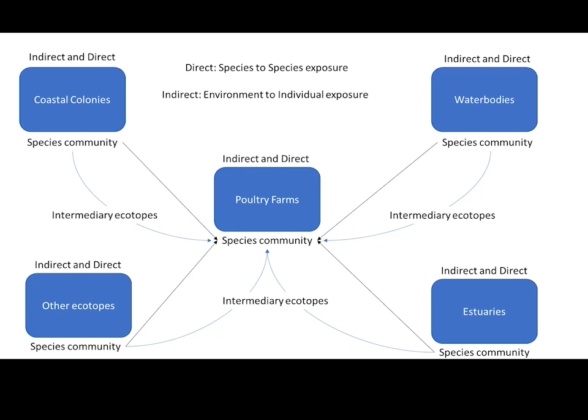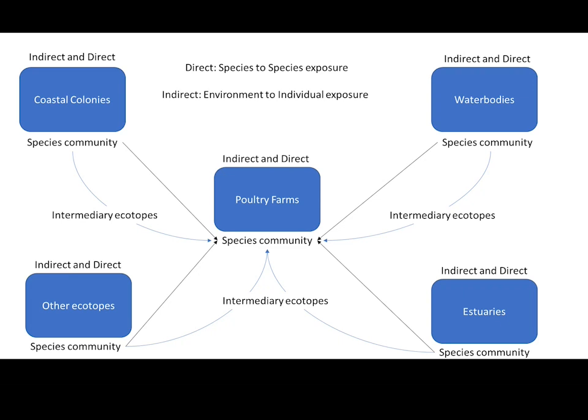So the indirect is environment to individual exposure. If you're thinking of a duck defecating into a water body, that could then infect the water, that could then be dabbled in by other species, and it could spread that way. Or another example, this is called fomite, when you leave a deposit of material, be that a cough or a poo, essentially. And then a bird might tread in that and then fly to an important area, such as a poultry farm, and then deposit it in that area, and it can move that way. It's extremely complicated how this could work, and it makes studying it actually a nightmare, really.